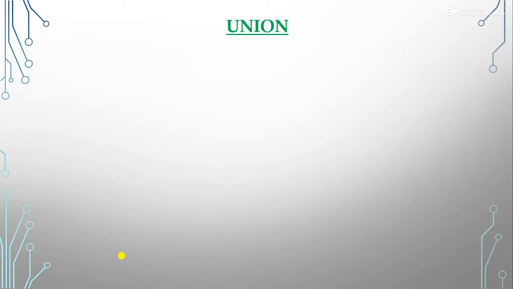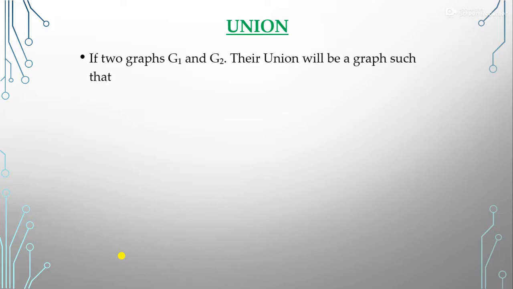All of you know about the union. What is the union? How can we calculate our union if we have two sets? Same here, we have the vertices in the graph. So suppose we have two graphs G1 and G2, then their union will be a graph such that